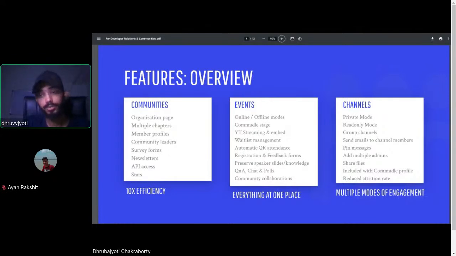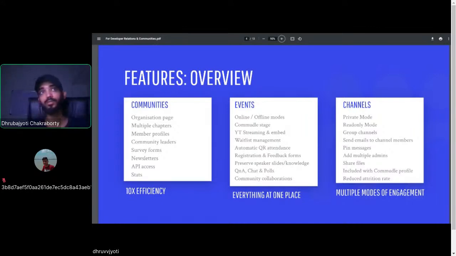We have got survey forms, which is very useful. Most of the time, you see this happening, right? Early age communities don't have a definite source of feedback. They don't have a definite source of carrying out a campaign, and that's what we're trying to bridge here. We are providing an inbuilt forms feature, which is much more versatile in terms of checking the responses, in terms of filtering the responses and everything, which helps you to carry out easy surveys, right?